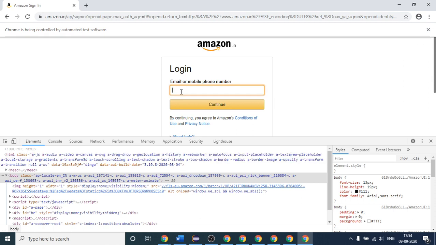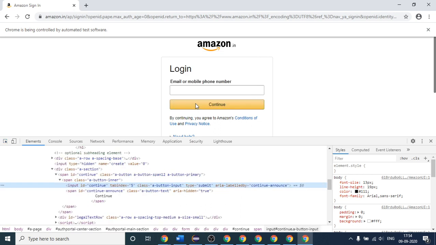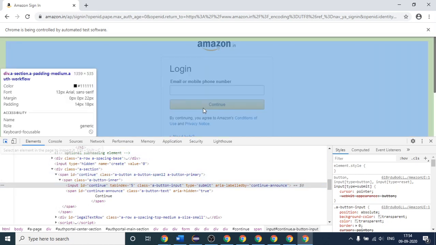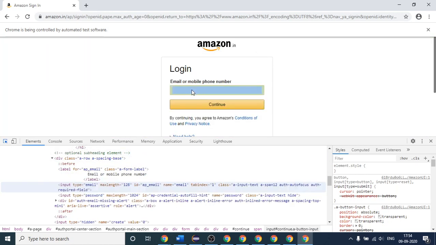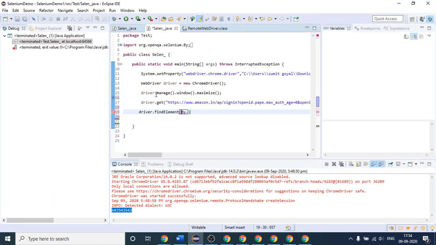Let me remove this. Okay, I have to first insert the value, so I will inspect this. You can see we have covered it with email. Now we will look at class name. This is the class name attribute we will talk about at the end of this section. Name we have already covered, so I think we should go with id this time, so y dot id,